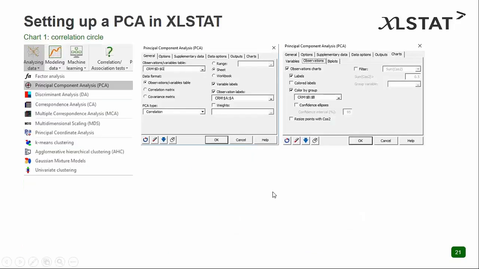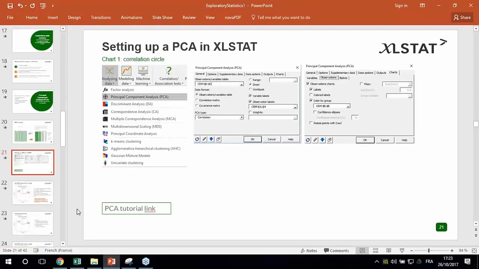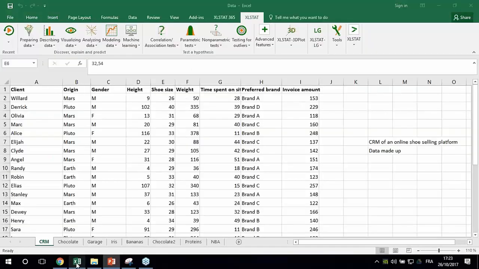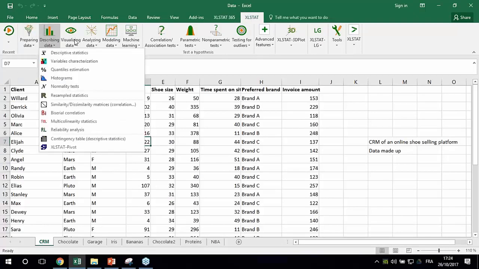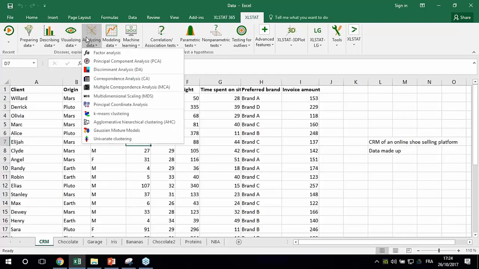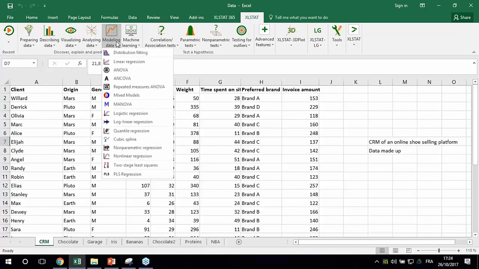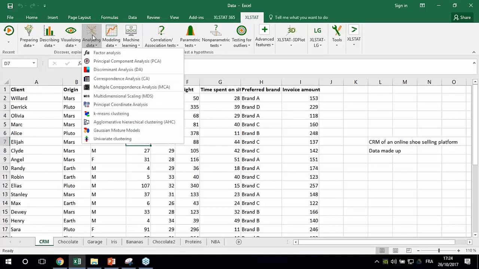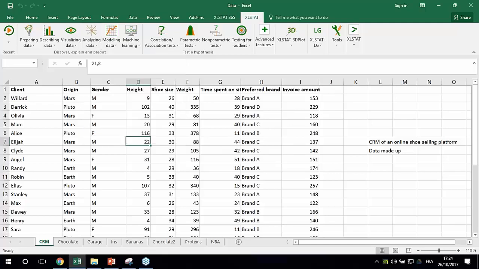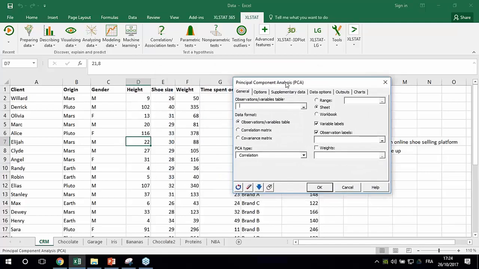So how can I set up a PCA using XLSTAT? So I'll go here. This is my data within Excel, and XLSTAT is represented with an additional tab here that includes several menus with different statistical procedures or features you can select inside. And PCA is hidden right here in the Analyzing Data menu. So here I click on PCA, which is the second feature, and I'll select